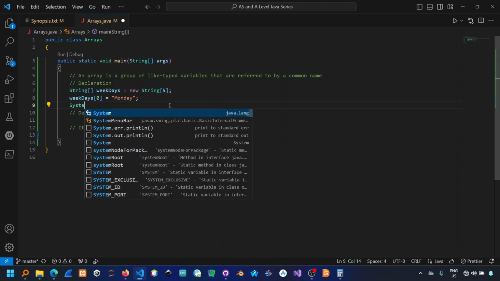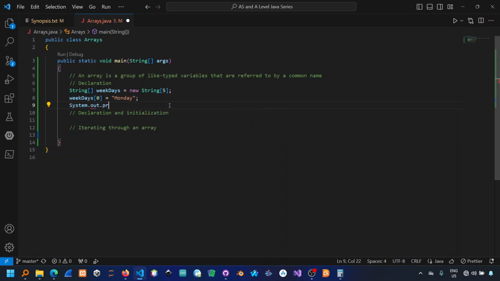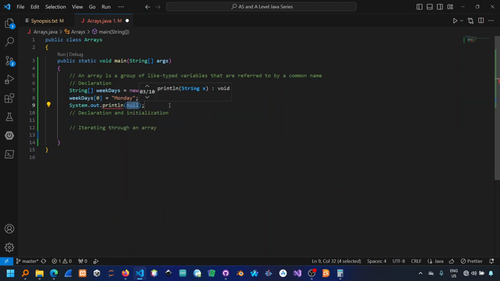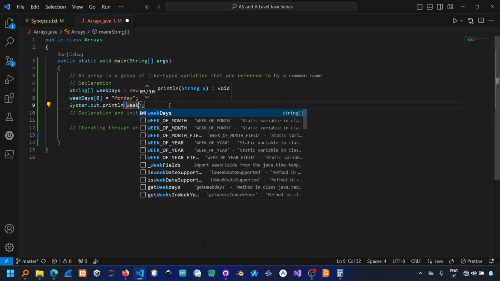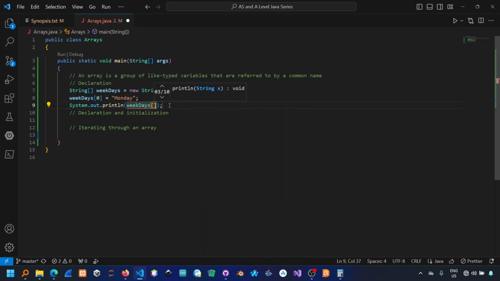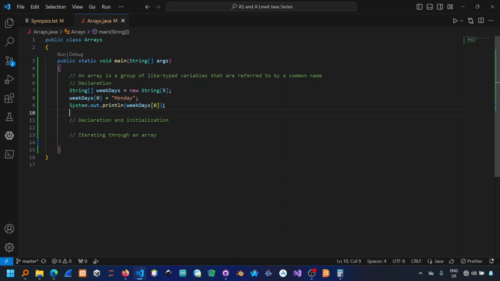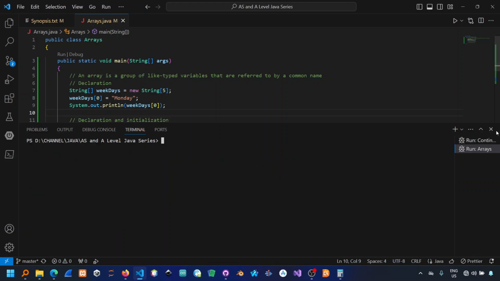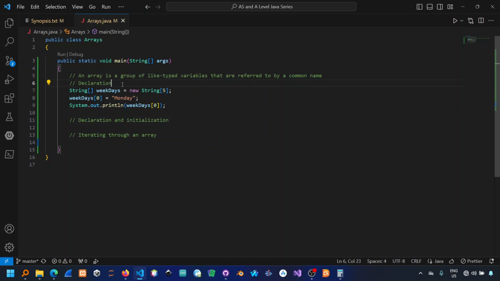Then I'm just going to go ahead and System.out.println, and I'm going to print the weekdays element that is at position 0. That is the very first element. So let me just go ahead and run that code and see what we get down there in the console. So as you'd expect, we get the word Monday printed down there in the console. So that's how you can declare and assign